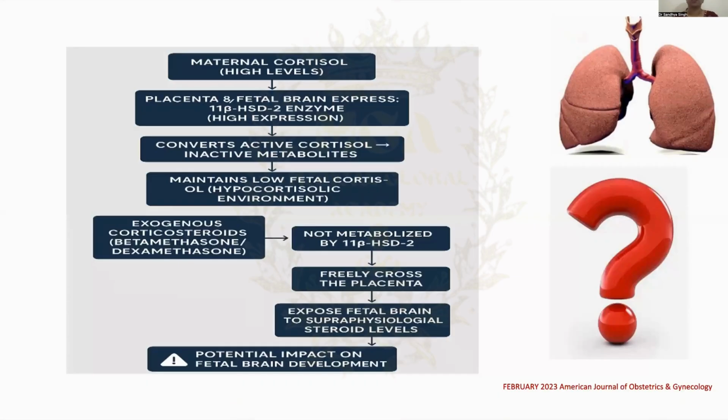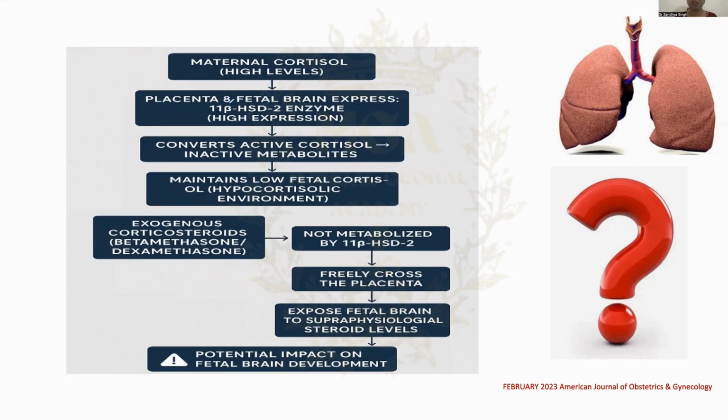Basically, a fetus has a tendency to live in a hypocortisolic milieu, meaning it wants a low cortisol environment. For example, if the mother is in stress and the mother's cortisol hormones start rising, what will happen? The placenta will start secreting 11 beta hydroxysteroid dehydrogenase enzyme. What it will do is metabolize all the steroids. So the fetus will not get the steroid which is increased. But when we are giving exogenous steroid, it will be transferred and the fetus will be exposed to supraphysiological